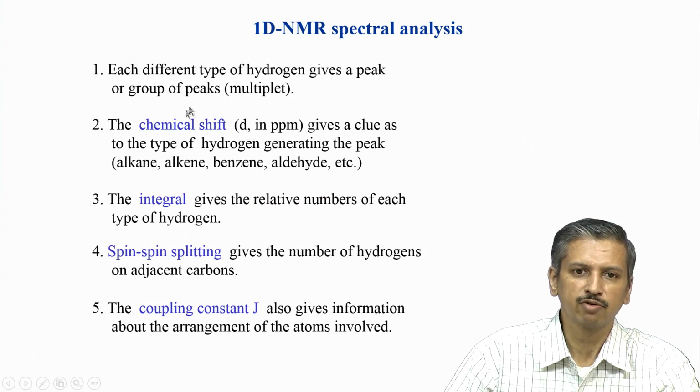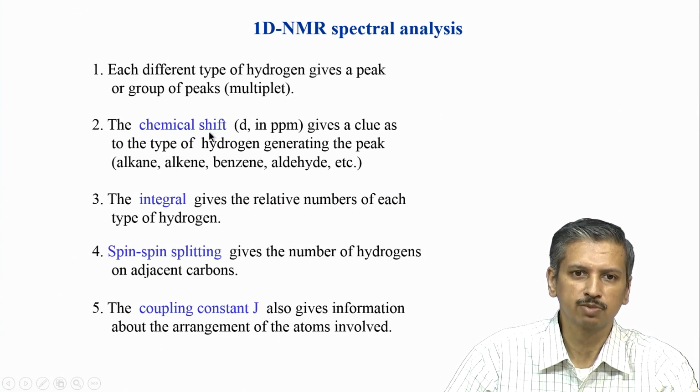If you look at a 1D NMR spectrum, or any NMR spectrum, there are 4 parameters which you will notice in the spectrum. Firstly, the most important is the chemical shift, which is nothing but the position of the peak, and that gives you information on whether it is an alkane, an alkene, or an aldehyde and so on, or an amide or aromatic group, etc. So, the chemical shift is the most important parameter. It tells you immediately about the possible functional groups or structure of the molecule. So, that is the first thing to look at.